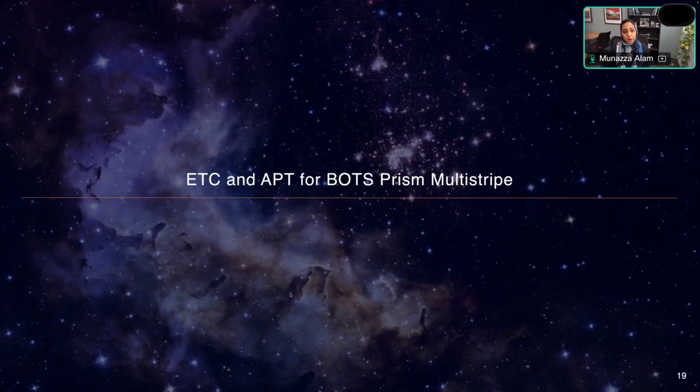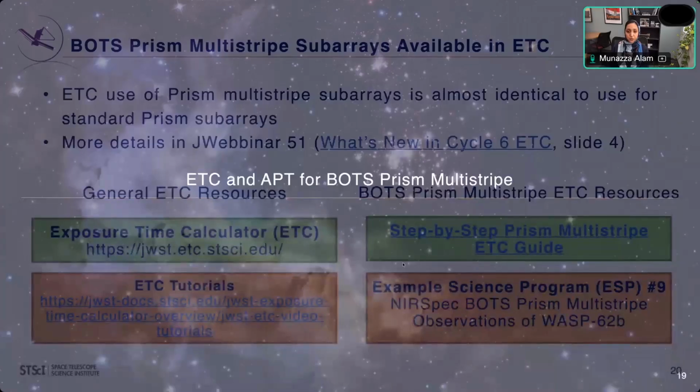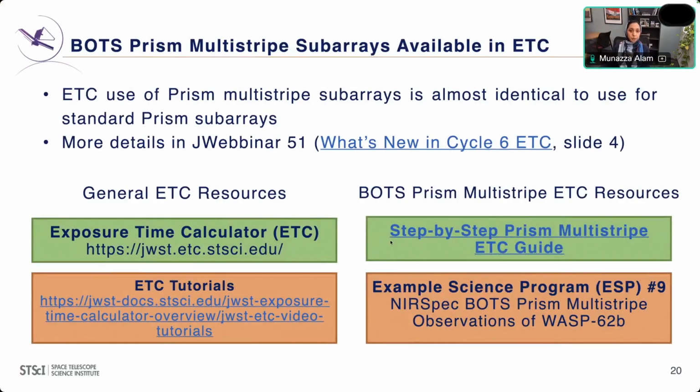Okay, I want to step through a bit about setting up your ETC workbooks and your APT files for BOTS PRISM multi-stripe observations. So for the most part, the ETC use of the multi-stripe subarrays is identical to the standard PRISM setup. There's some more details in JWebbinar 51. I've linked the slides here in case you're interested in taking a look. If you need a refresher or are new to the ETC, there are some general ETC tutorials in the left-hand colored boxes here, and some more multi-stripe PRISM ETC specific resources that are linked in the boxes on the right-hand side